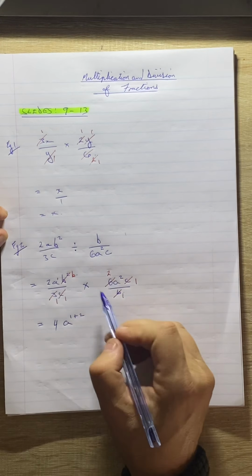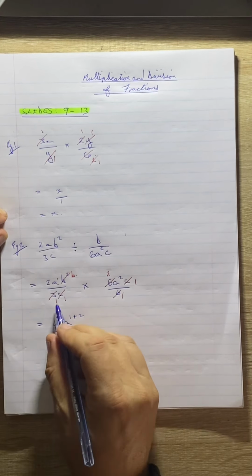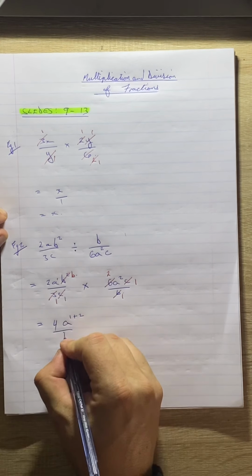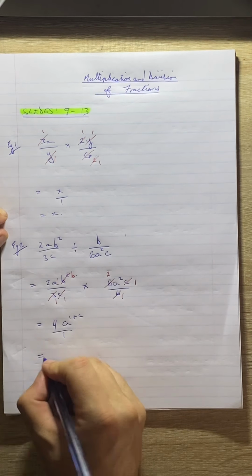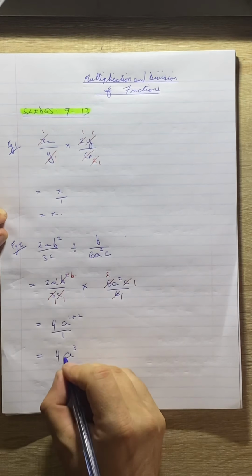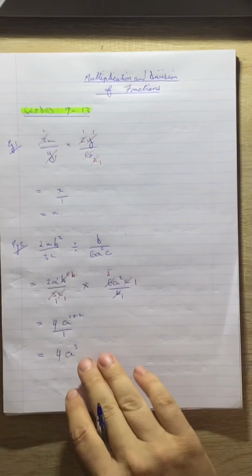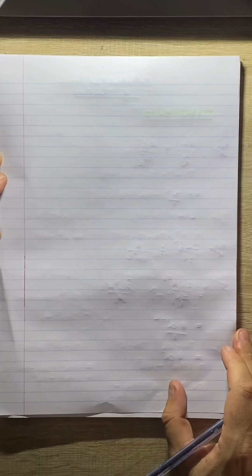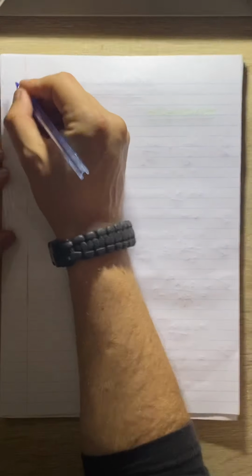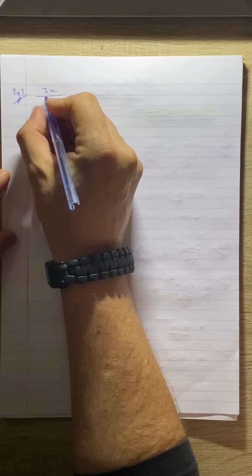Okay, so we've dealt with those. And that's all we're left with at the top. So at the bottom, we've just got 1 times 1 times 1 is 1. Now I can simplify. So 4, this will give me a cubed all over 1. Okay, we look at example 3. Okay, example 3. We've got 3x over x minus 2